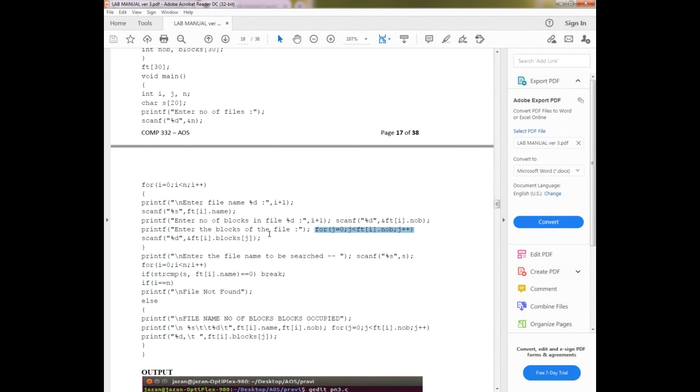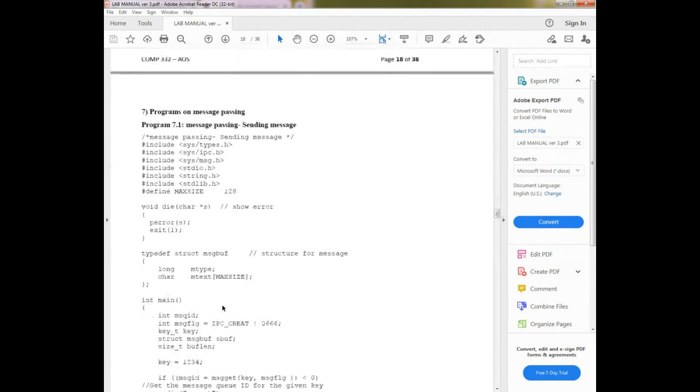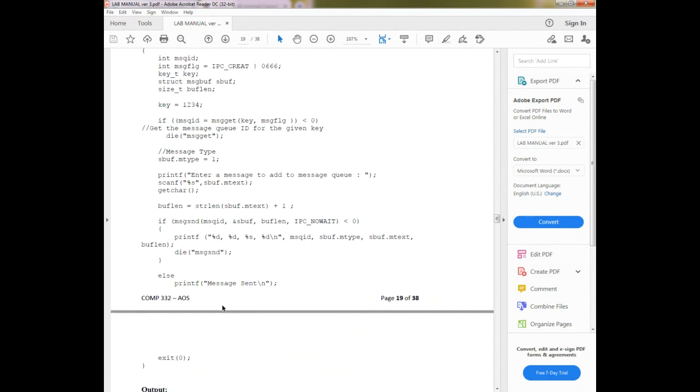Whatever you type in the block, it will go to the pointer, so it will go to FTI and blocks j. Okay students, this is 6.2. Now you will run this. Run only two programs today, 6.1 and 6.2.